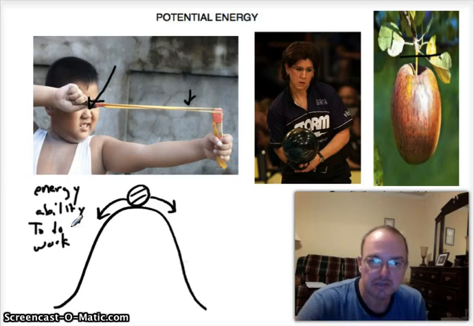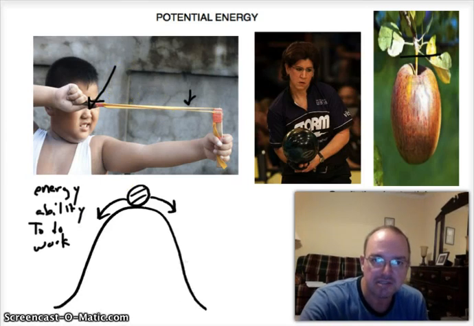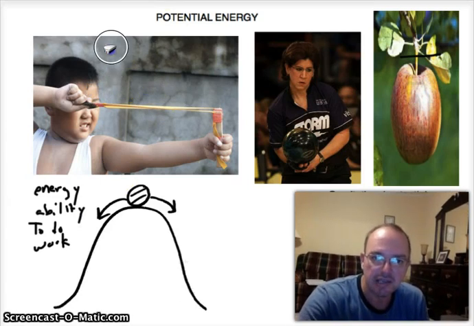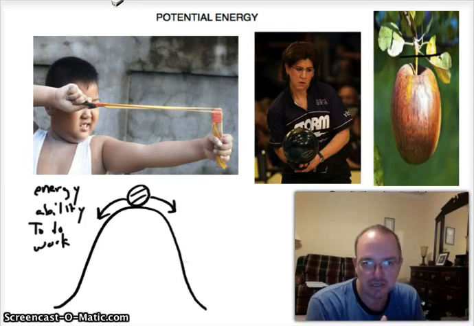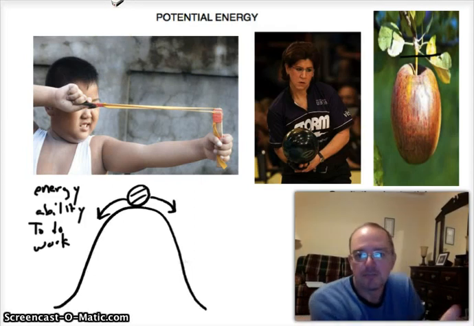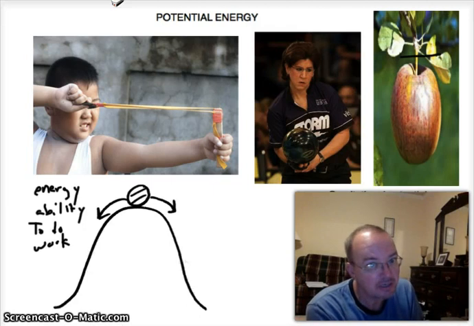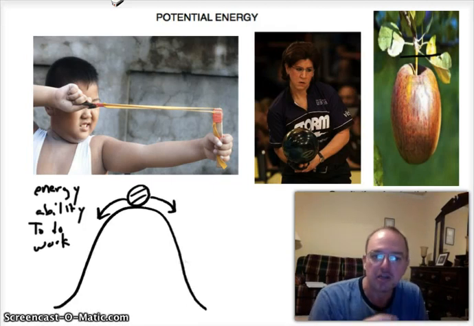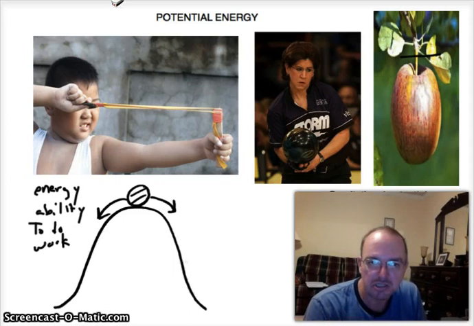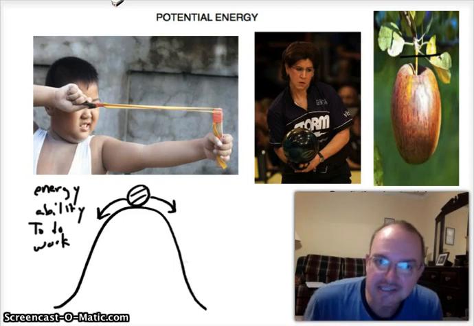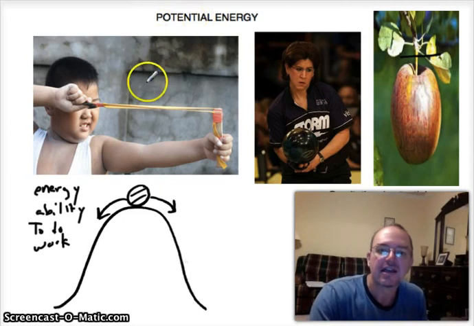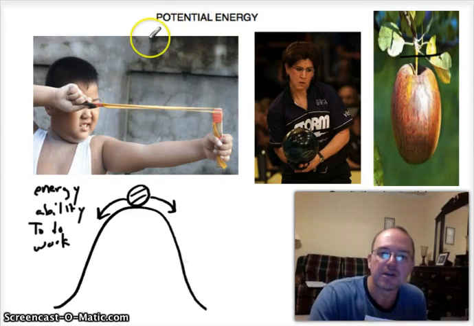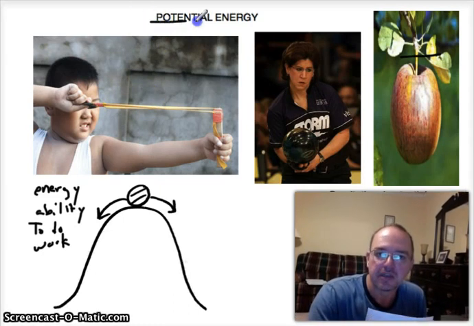But if you notice this little kid right here, it's obvious to see that all he has to do is release that slingshot, and there's work being done, because work is defined by motion. There's going to be a lot of motion once he releases it, because that ball or stone's going to travel however far. So we'll have energy, we'll have work once he does that. But in the meantime, while he hasn't done that, he has a lot of potential energy.